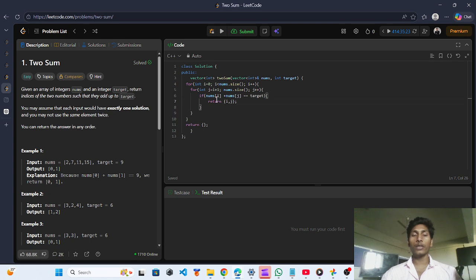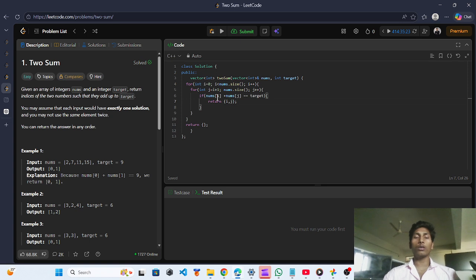After that we will also run a nested loop, because when we add two numbers, suppose zeroth index is 2, the nested loop runs continuously with the ith index.